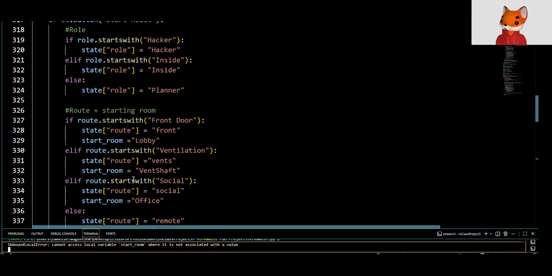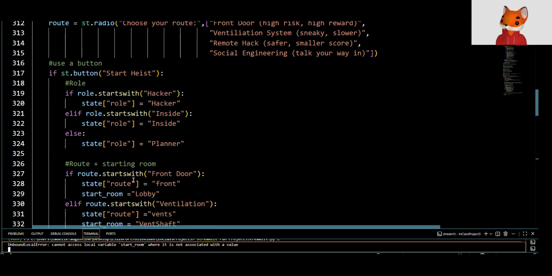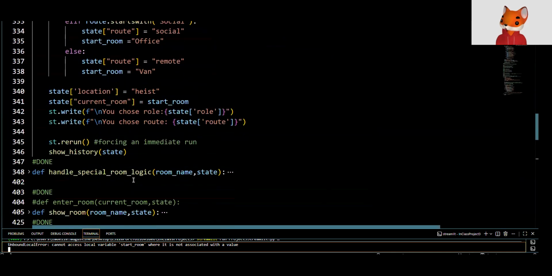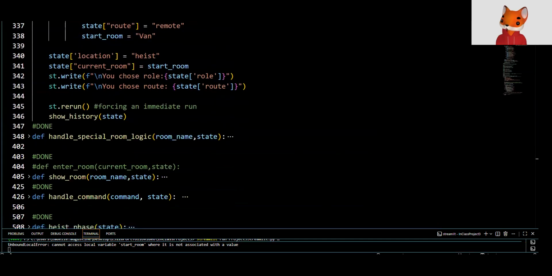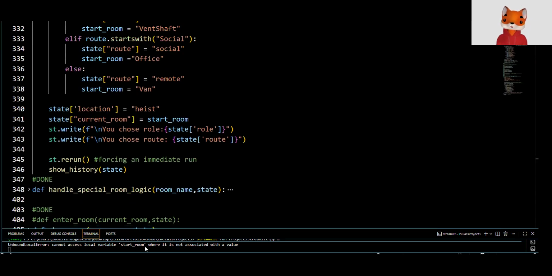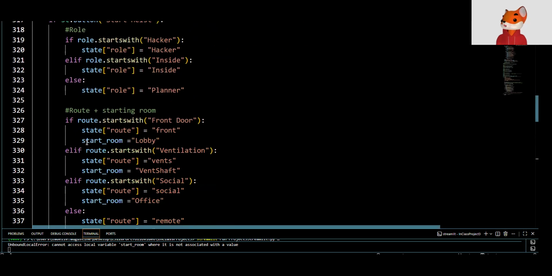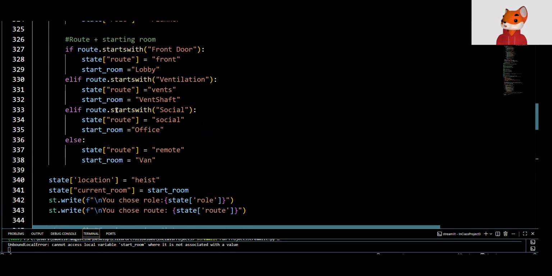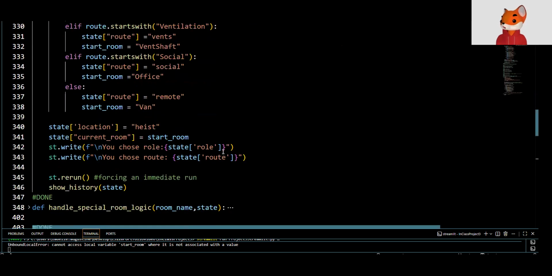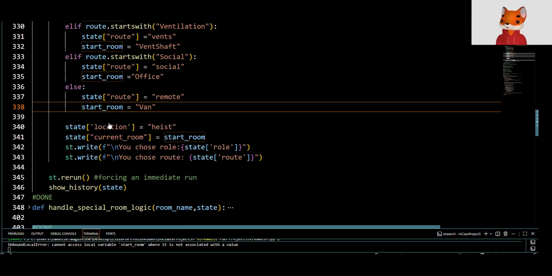Okay. This here. Okay, and so the issue that we are actually seeing in this case is it needs to actually be in the button because it's being accessed inside of our button branch here. So we're going to just tab this in and save it